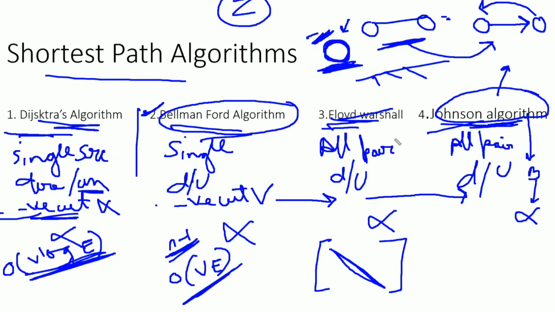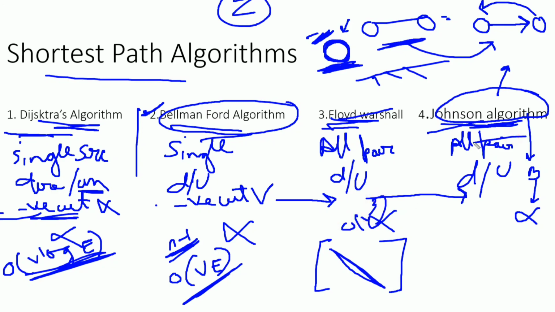If we see Floyd-Warshall, it is using the concept of intermediate vertex. One by one, each vertex will be acting as an intermediate vertex. So we need one for loop for the source vertex u, a second for loop for the destination vertex, and a third for loop for the intermediate vertex. So the time complexity it will take is nothing but big O of V cube.